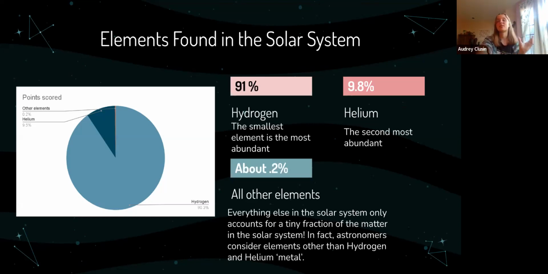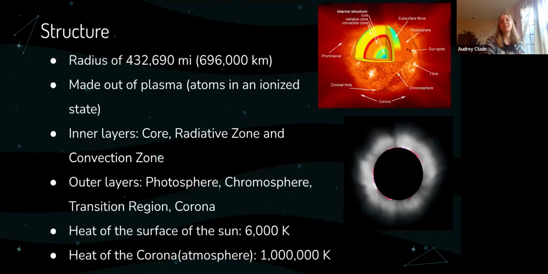the universe as a whole relative to all other elements, anything other than hydrogen and helium, not we, but astronomers, I guess, or actually no, we can say we because we are being astronomers. But anyways, we sometimes call everything other than hydrogen and helium metal, which is kind of crazy if you think about it, because I have a pencil here. We don't think of this as metal, but because of how little other matter there is, it's metal, I guess. Anyways, that's just a fun fact.